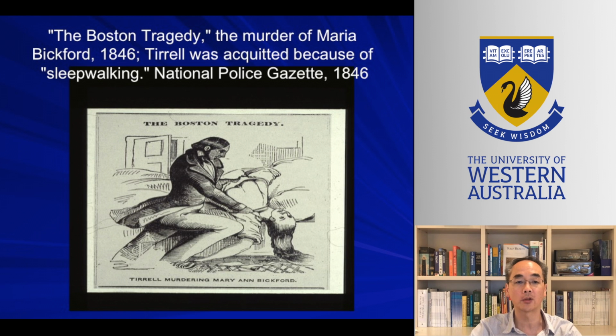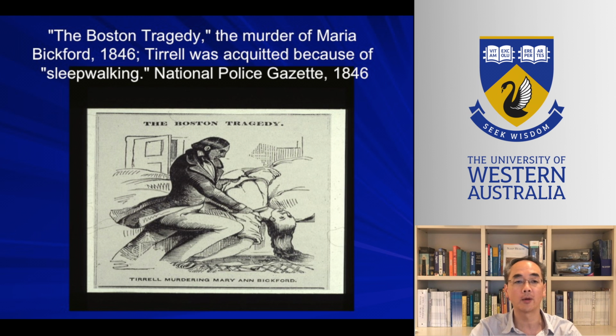The particular parasomnia depicted in this image is an example of a non-REM parasomnia called homicidal sleepwalking. There have been dozens of such reports in the literature, but this was the first case where a lawyer used this defense to gain an acquittal for his client. So what actually happened? Well, the Boston scandal, as it is known, involved a Mr. Albert Jackson Tyrrell, who left his wife in 1845 to be with Maria Bickford, a prostitute living in a Boston brothel. Tyrrell fell in love with her, his affection was returned, and they lived together as husband and wife.